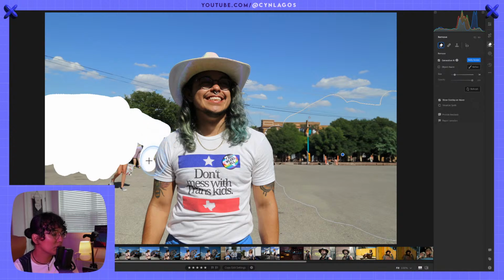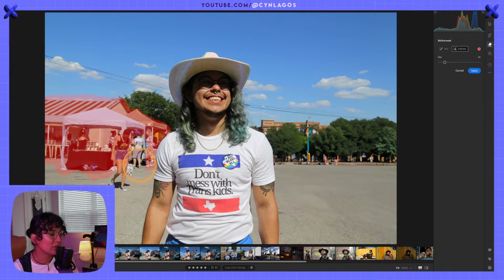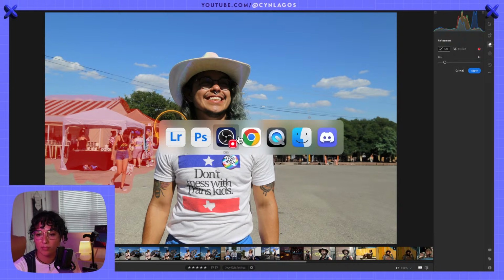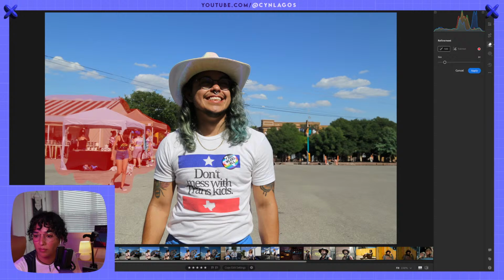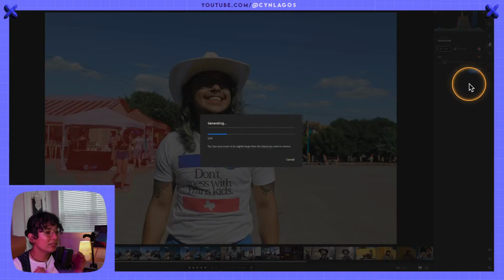So I'm going to remove even more, and I forget that I can continue to let go and continue to add. This is not like the iPad where you let go and it immediately gives you a generative fill. Okay, so this so far, I can press apply. And in this one, it says size your eraser to be slightly larger than the object